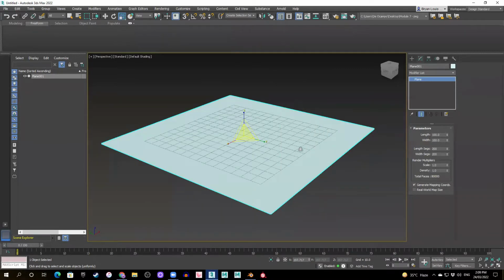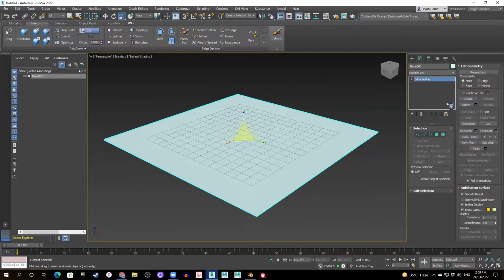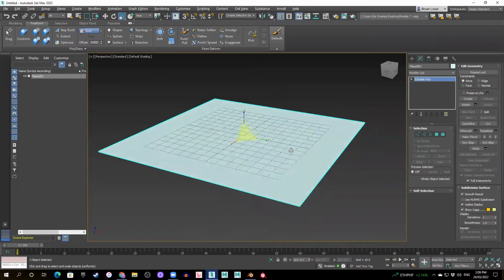Once you're satisfied na with that, you have to convert it to editable poly. Make sure na okay na kayo dun sa current model mo, before actually converting this to an editable poly, lalo na kung may mga listed of modifiers ka dyan. Or what you can do, duplicate mo yung object na yon, and then yung duplicated object mo, dun mo i-convert to editable poly. Yun ang usual na practice natin dun, to make a copy, one low poly and then one high poly, no? So once you're done na